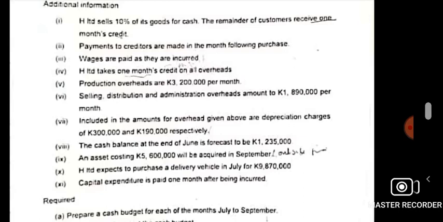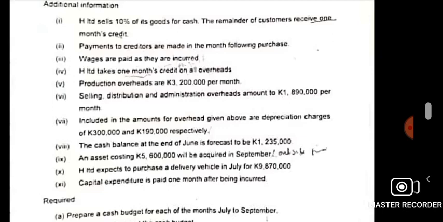So that's why I said before you do anything, read the other additional information. You don't know, you might find they're actually referring to what was being talked about. As you can see, in number IX, Roman numeral IX, that's 9, they are talking about an asset costing 5,600,000 in September. But when will this payment be shown? According to the final adjustment, they are paid 1 month after being incurred. That's why this detail is very important. So yes, it's September they are buying it, but when are they paying for it? The next month, 1 month after it's incurred, which is October. Are we budgeting for October? No, so it won't show. That's how you interpret this information.